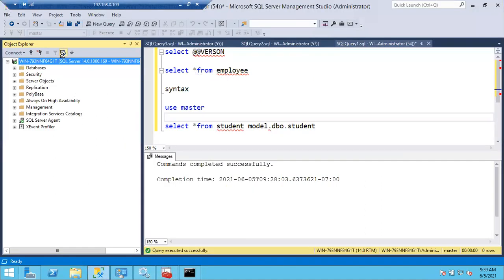Now if I refresh, I'll get the error. Why? Because refresh is also one command, guys. Remember, refresh is also one command. As currently SQL server is not up and running, where will the command be executed? So if you run the refresh now, you will get the error.